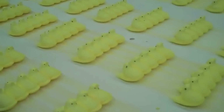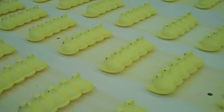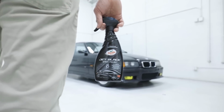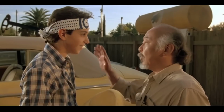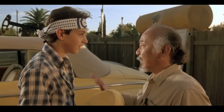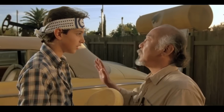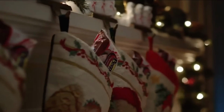Not only is carnauba wax approved by the FDA for human consumption, but according to Snopes, the amount used in candy is fairly minuscule. Despite what it might sound like, it's got nothing in common with taking down a spoonful of turtle wax. Wax on, right hand. Wax off, left hand. Wax on, wax off. And because of its high melting point, it's actually not even absorbed by our bodies,